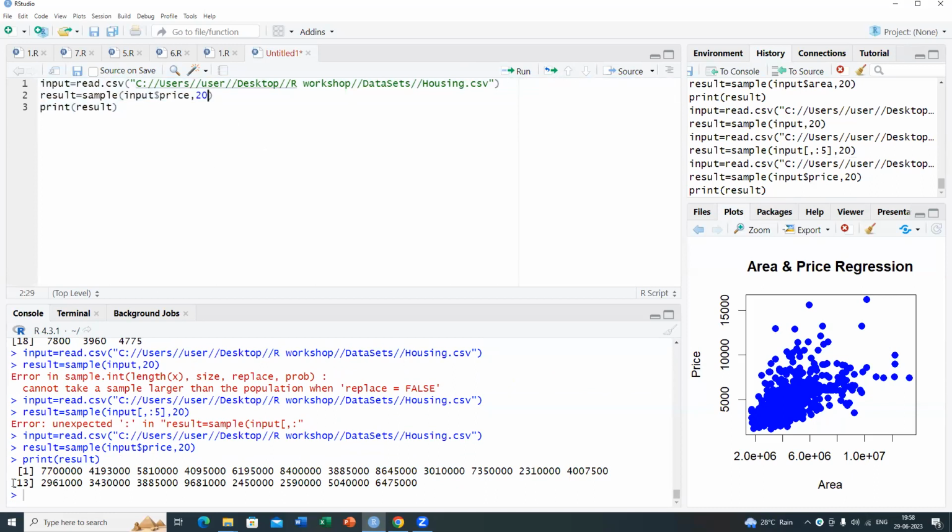Okay. Now there are 2 types of random sampling. What are the 2 types? One is random sampling